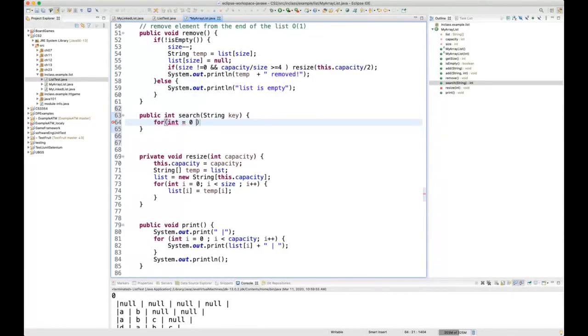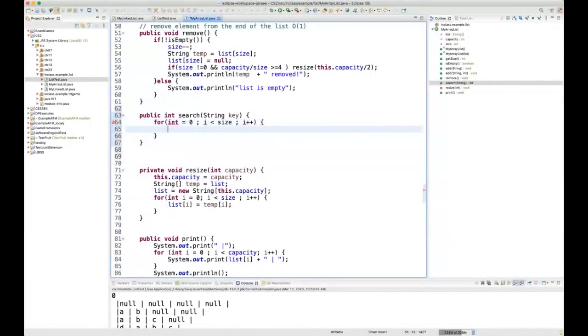But because we're not really going to change anything in this list, we're just going to read it. So we're going to start from there, and we're going to go all the way to the size, and we're going to search, right? So that means I have to now go to every single element from the index 0,